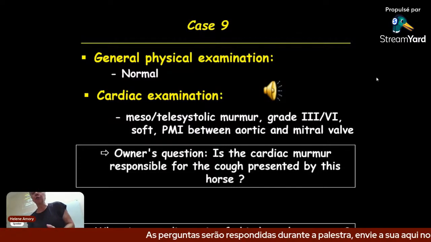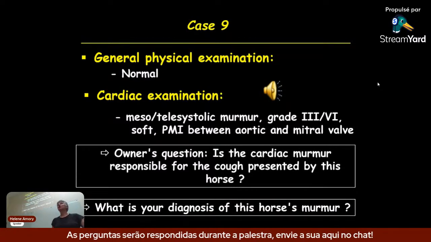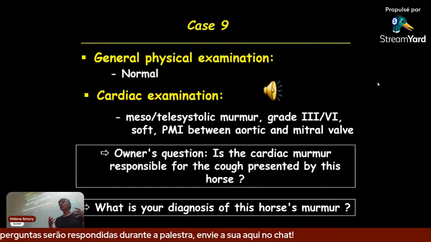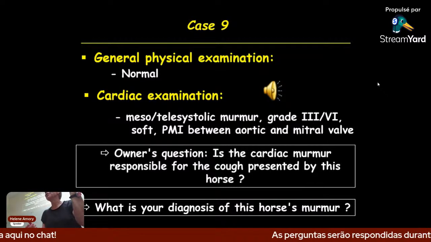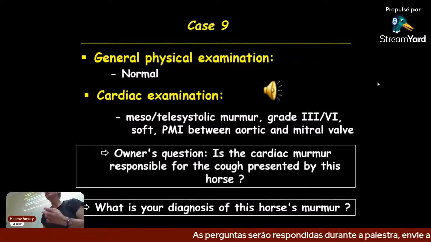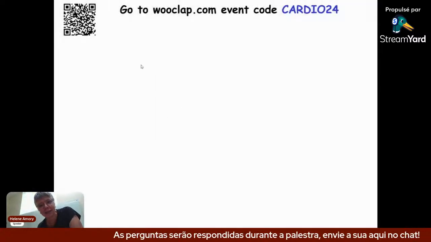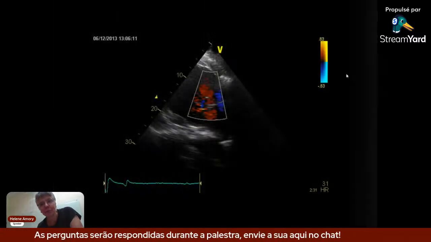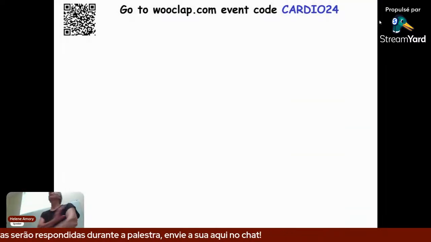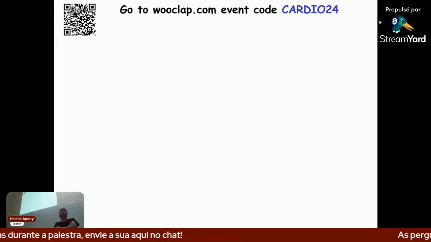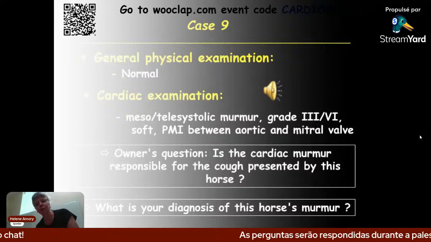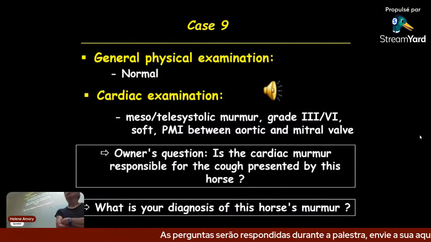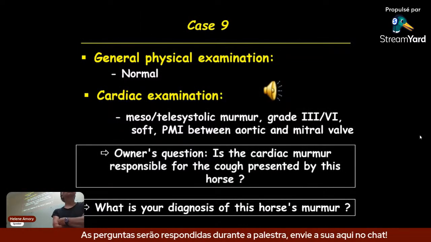First of all, of course, always the same question: what is your differential diagnosis for this horse? What is the most likely diagnosis? And a systolic murmur, you can guess the proposals. Are you ready to answer? I put the question. Oh, but something is going wrong with the question. What do you think? Ejection murmur, mitral insufficiency, tricuspid insufficiency, or a ventricular septal defect? What do you think?